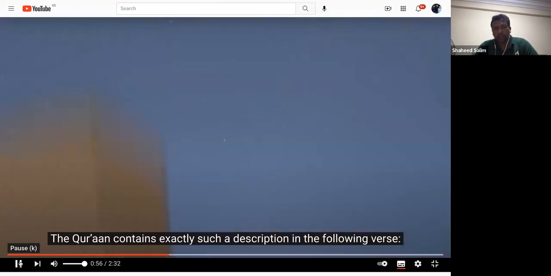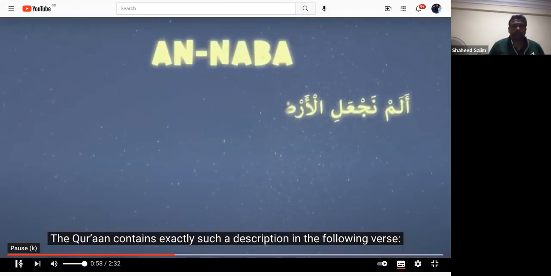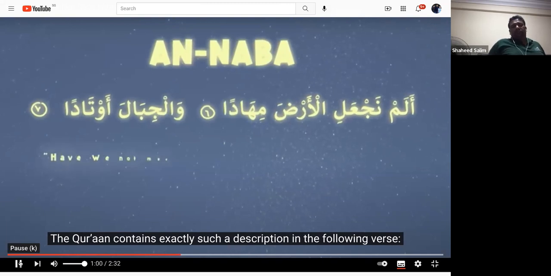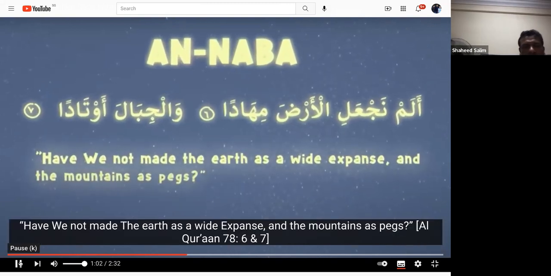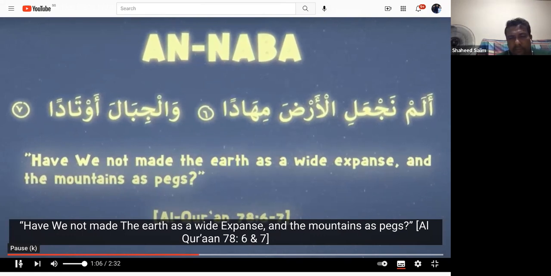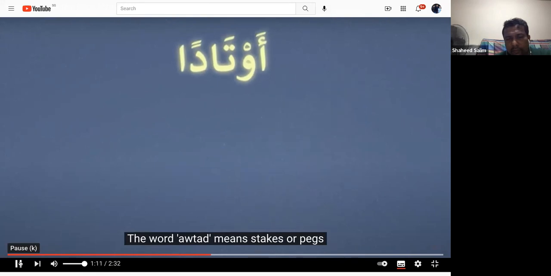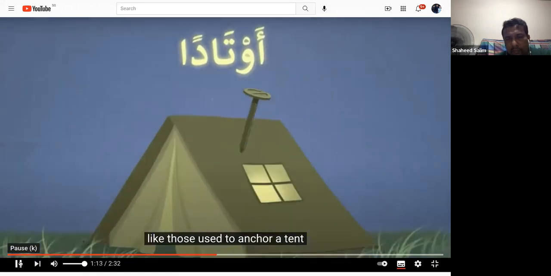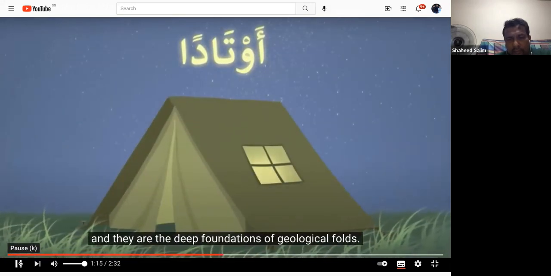The Quran contains exactly such a description in the following verse. Have we not made the earth as a wide expanse and the mountains as pegs? Al-Quran, chapter 78, verses 6 and 7. The word awtad means stakes or pegs, like those used to anchor a tent, and they are the deep foundations